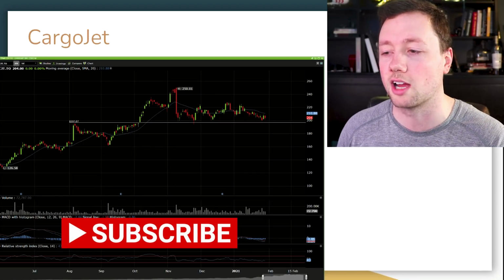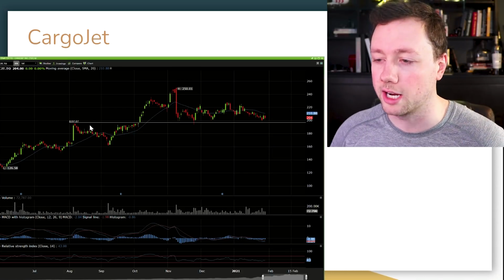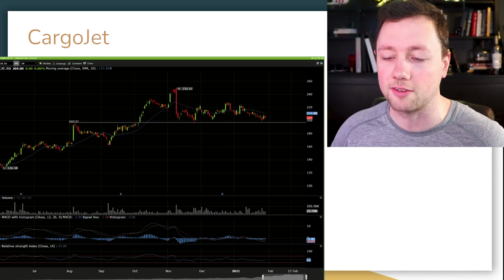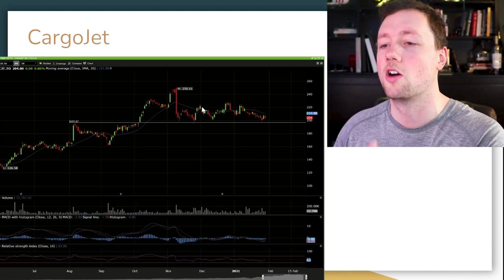Now, Cargo Jet, this is a Canadian company that I really like for a couple of reasons. Number one, they have a history of breaking out and then retesting support of the previous breakout. They have done that like 4 or 5 times. I've talked about this company several times on the channel, and that is just the history of the stock. On top of that,